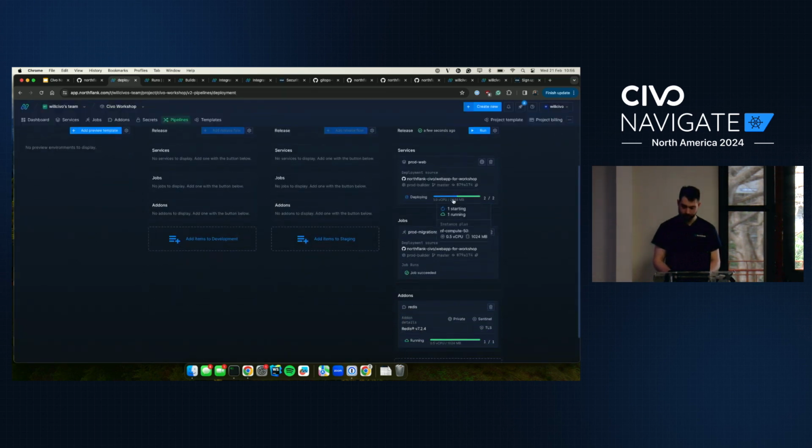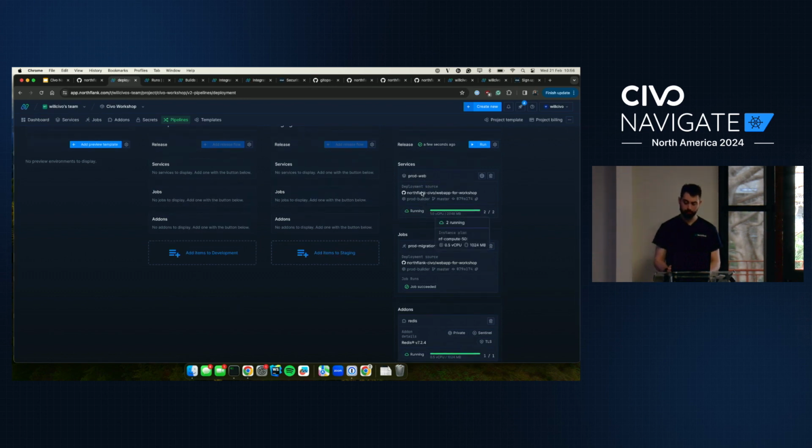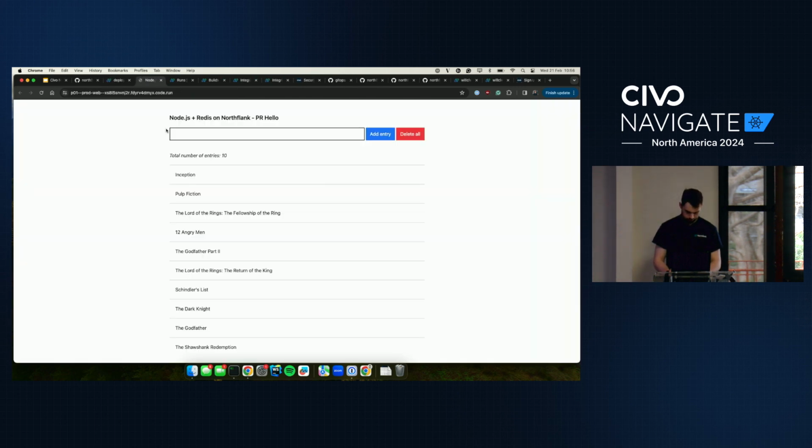And I can see here that a deployment is taking place, and our production website has now been updated and is running in a healthy state. And we can see that the Redis database has finished provisioning. So I can now access this domain. And we've got a Redis application and Node.js application deployed to Kubernetes using GitOps to production in under half an